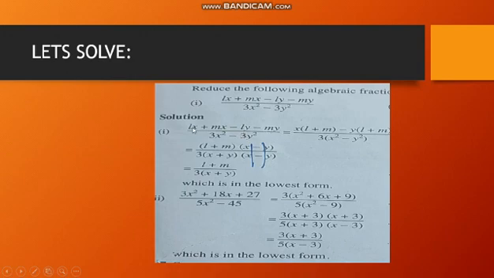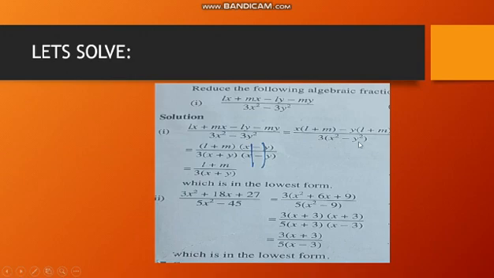From the first pair, lx + mx, I will take x common, and my expression will be l + m. And from the second pair I will take −y common, and my answer will also be l + m. This l + m will be common in the next step. And in the denominator I will take 3 common, and this will